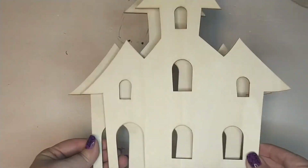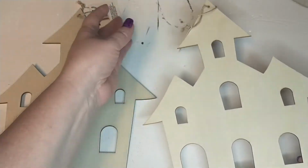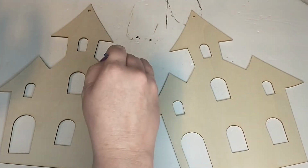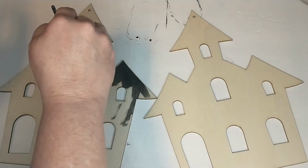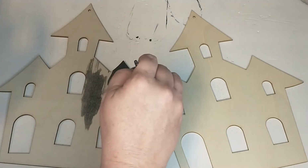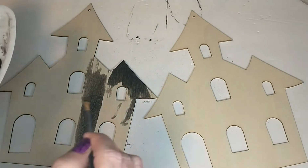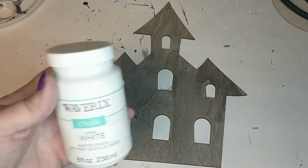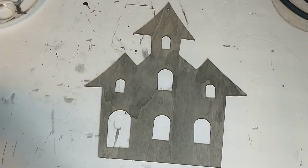First, I'm taking 2 of the Dollar Tree haunted house signs. So first I started out painting these houses with some black paint that I thinned down with some water to make sort of a stain. Then I decided that I didn't want the house to look this dark, so I went in with some of